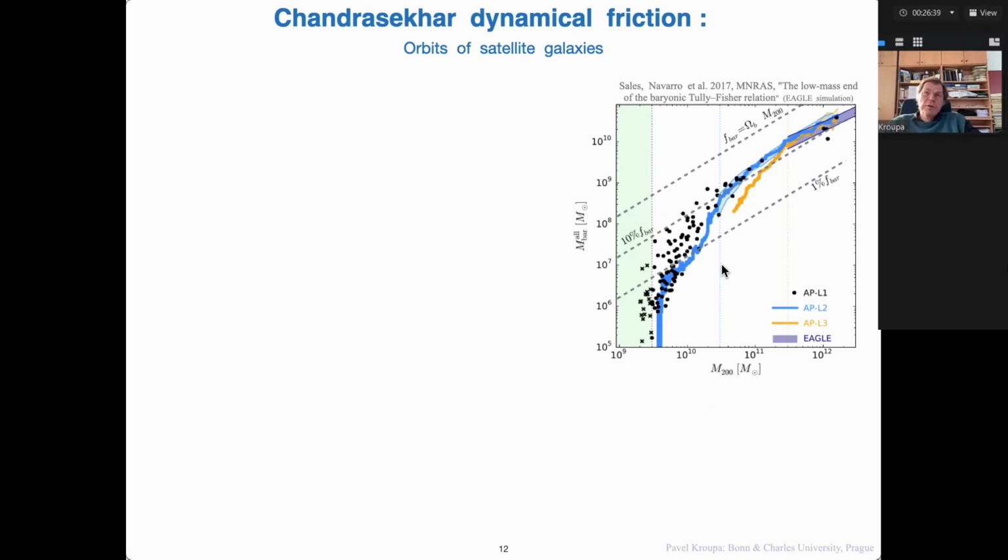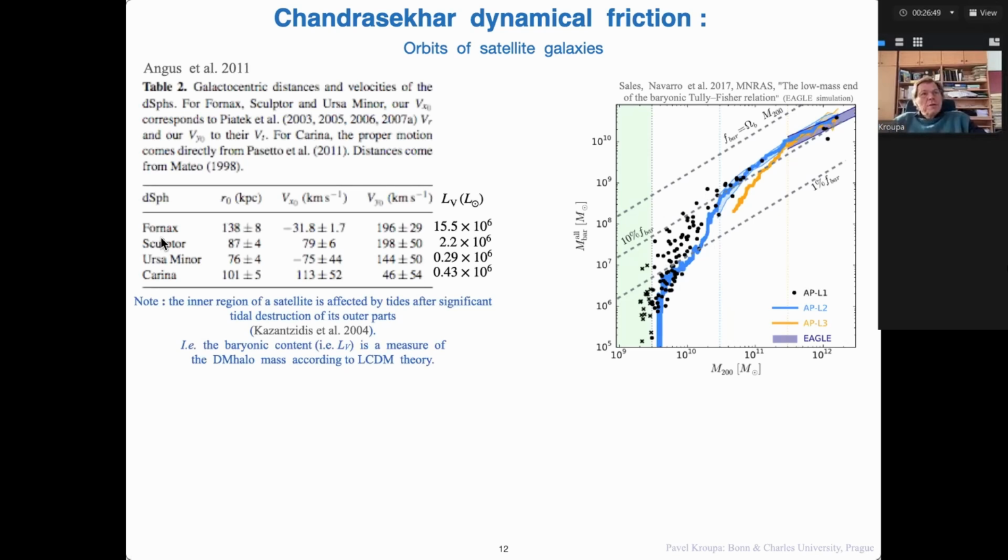Okay, that is fixed by the theory up to this variation. Each of these points is a galaxy formed in one of these simulations, which are listed here. If you look at the satellite galaxies of the Milky Way, we know their distances from our galactic center, we know their velocity vectors, and we know their luminosities. The luminosity reflects the baryonic mass of these objects, which is below about 2 times 10 to the 6 for these here. And therefore, the dark matter halos these satellites are allowed to have are confined to this